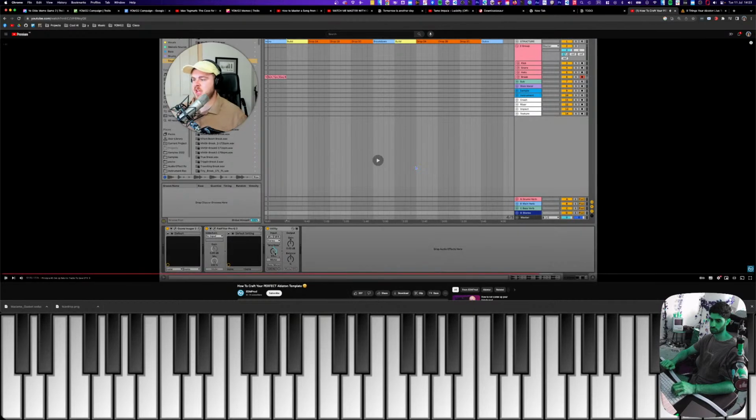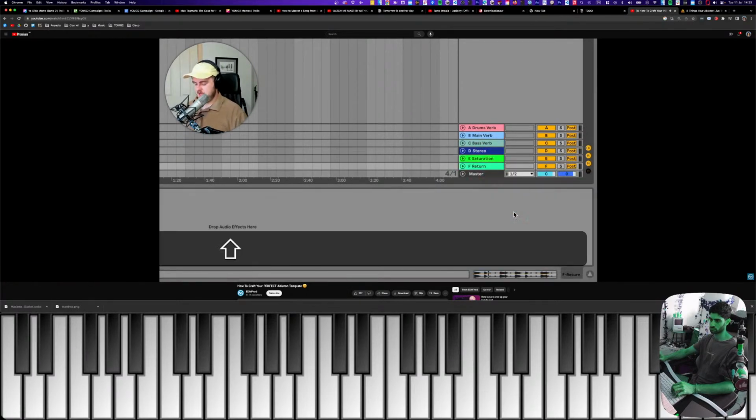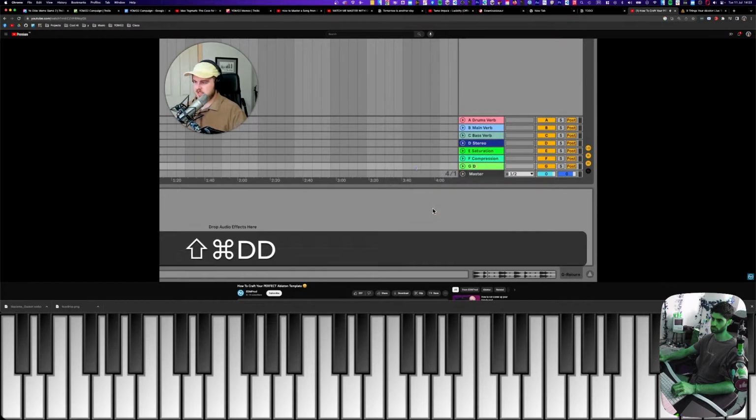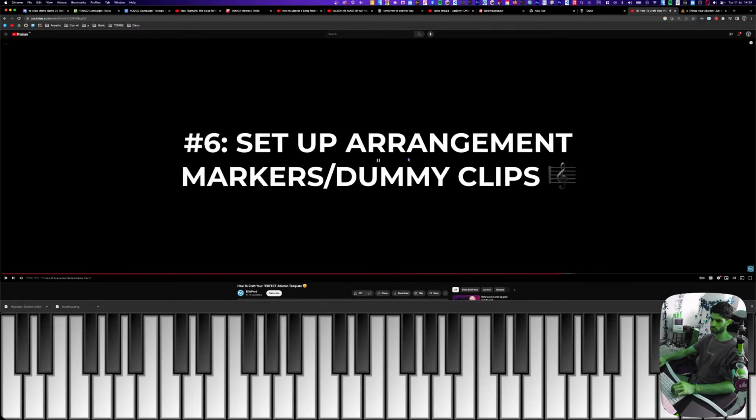Now, this is just how I use it. You could go ahead and add more or have less. For example, some people like to have a parallel saturation rack. Maybe some people like to have a parallel compression rack to give your mix a bit more fullness. I tend to do these things on my buses instead. Some people like the Ableton default template has nice delay. You can go ahead and do exactly what works for you and what you know you're going to end up using in pretty much any track. Okay, so number 6 is to